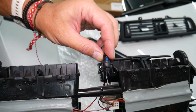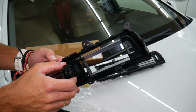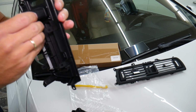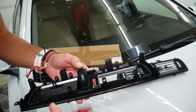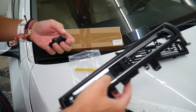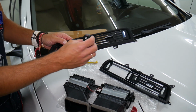Otherwise, okay, that's for the whole end coat. That's not going to work. Now we need to get our switch here, and that switch, okay, should come to the front side. Now we're going to press here, and on the other clip you pull it out. Okay, that's a broken vent. Now we're going to get that switch here, install it,